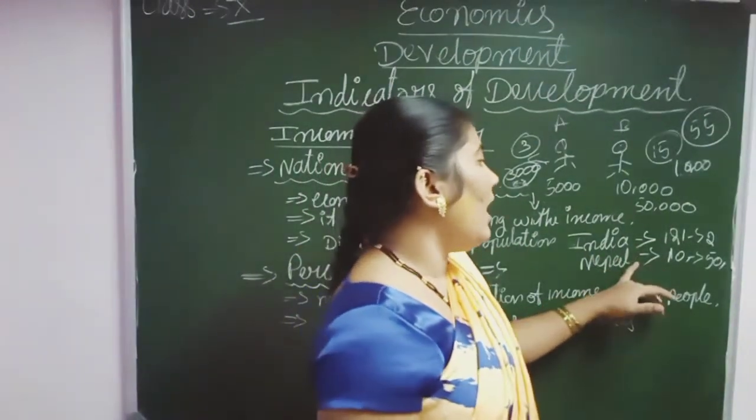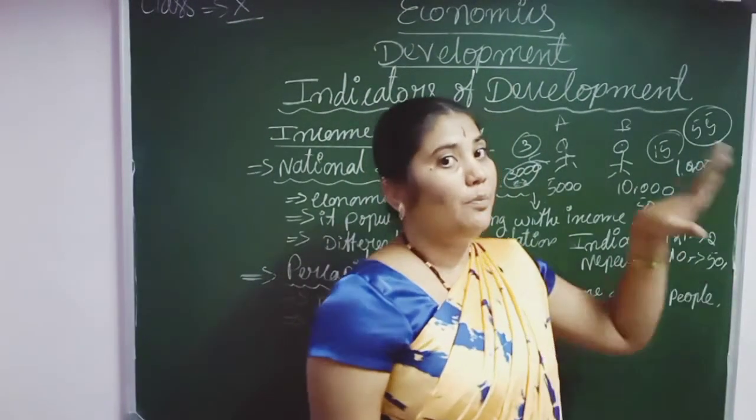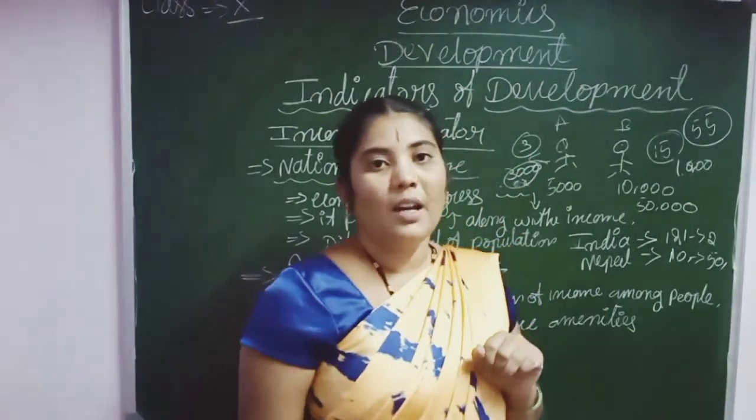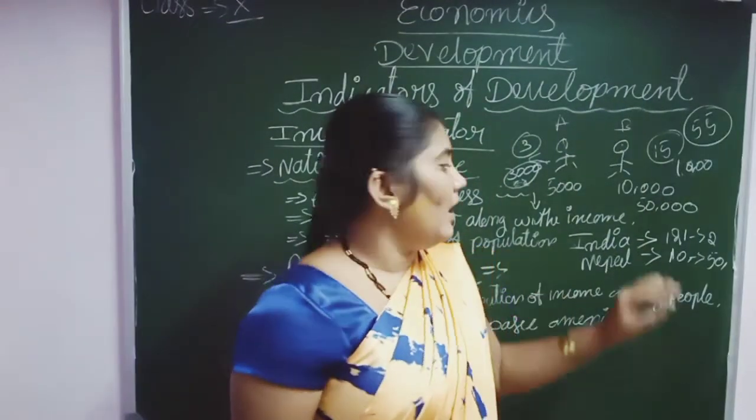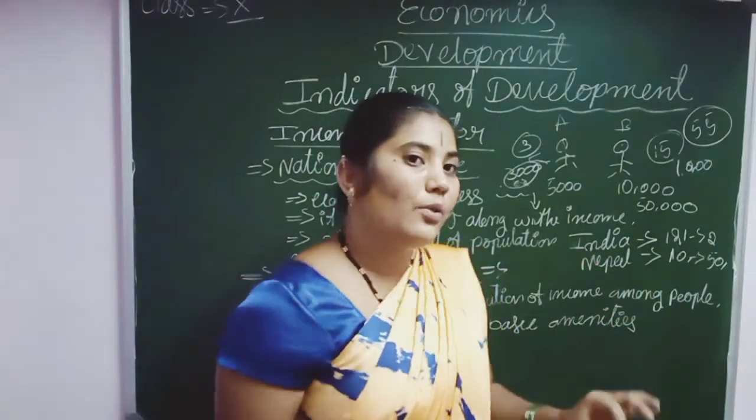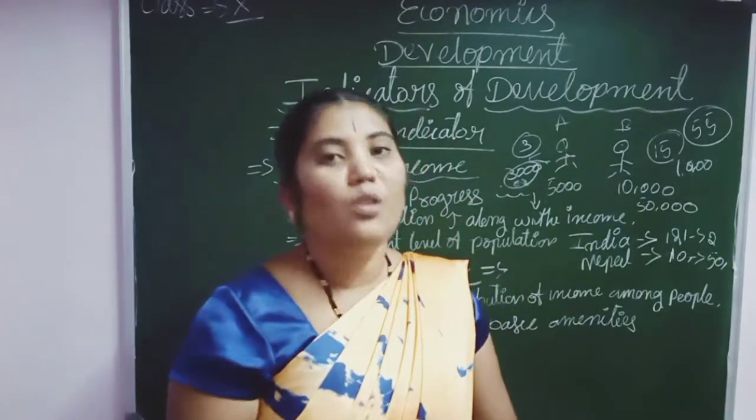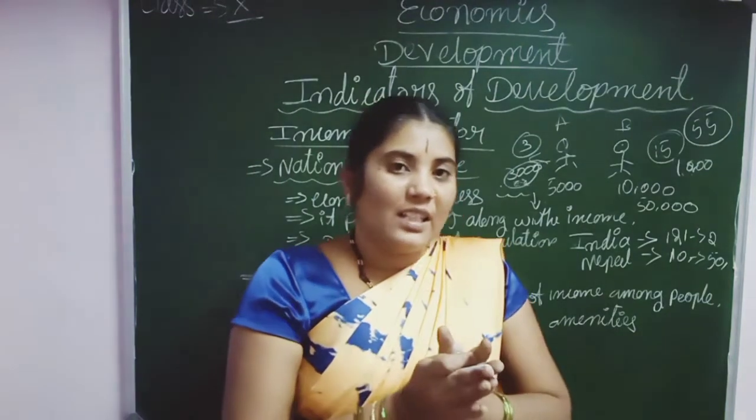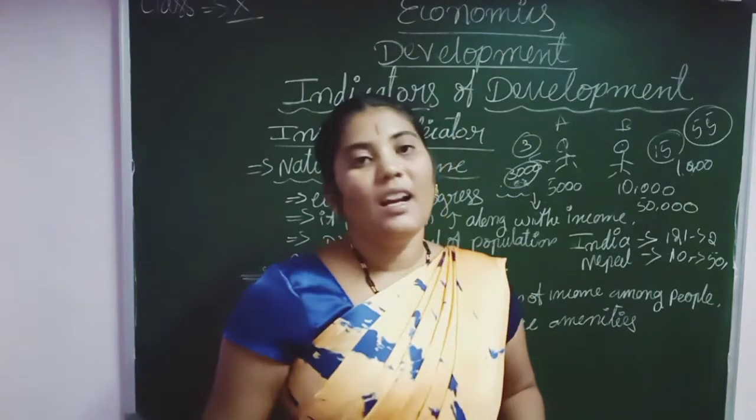So what happens here? India has the higher figure, which means it has more income. Nepal has the lower figure, which means it has very low national income. So according to this data we would consider India a developed country, but it is not true. Because of what? According to the population, we can spend more on the welfare of the country. So national income is not a good measure to measure the economic